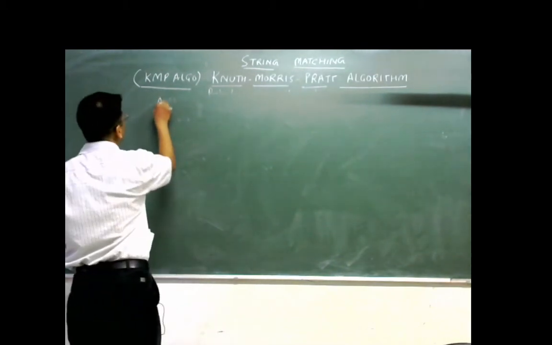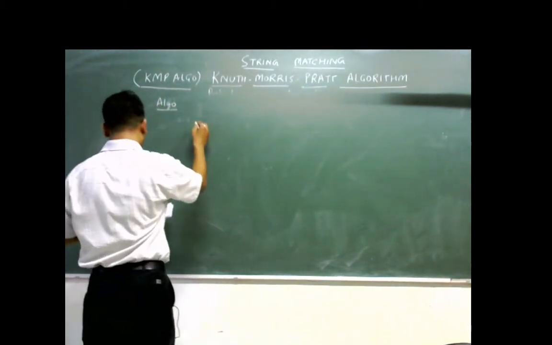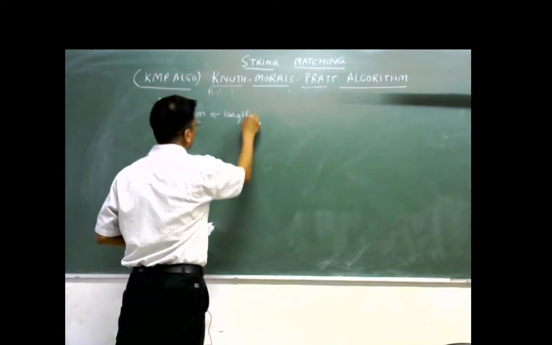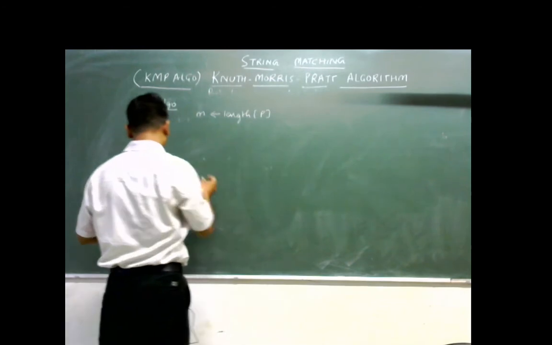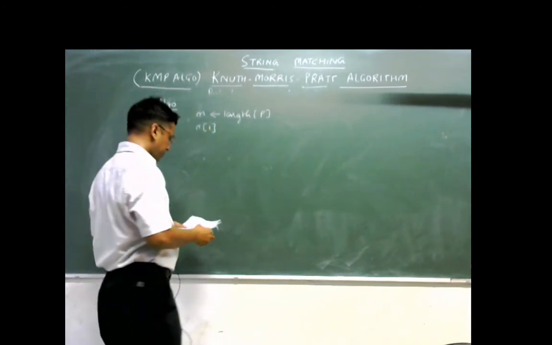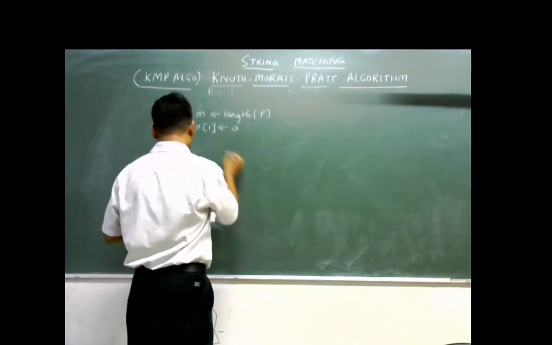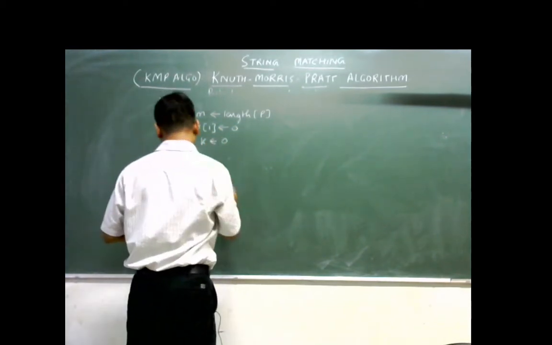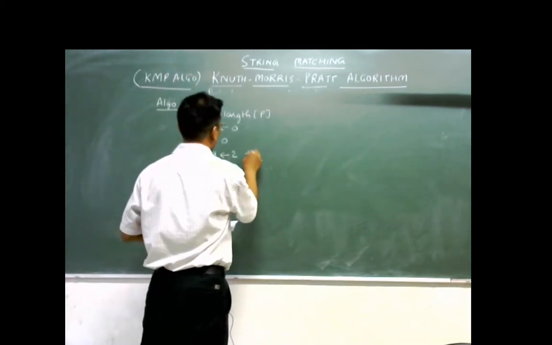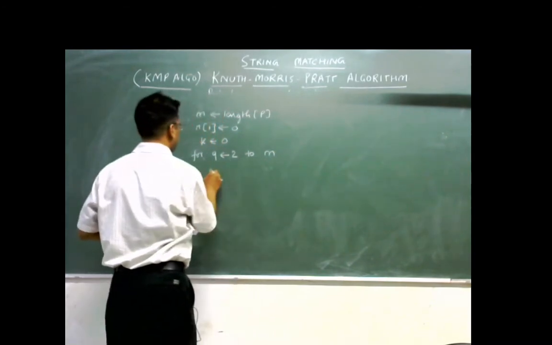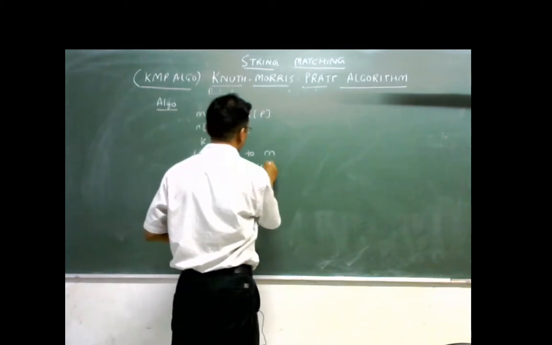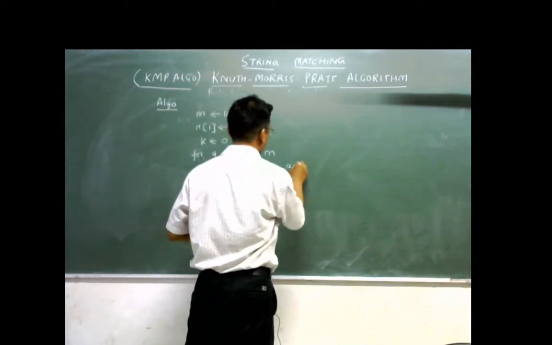The algorithm for the prefix function is as follows: m is equal to the length of the pattern, pi 1 is equal to 0 and k is equal to 0, for q is 2 to m, do while k is greater than 0 and